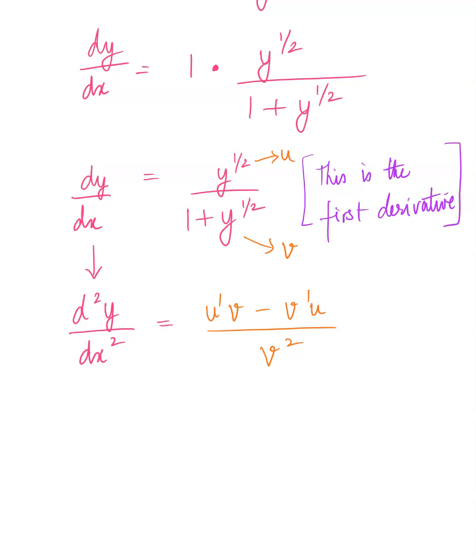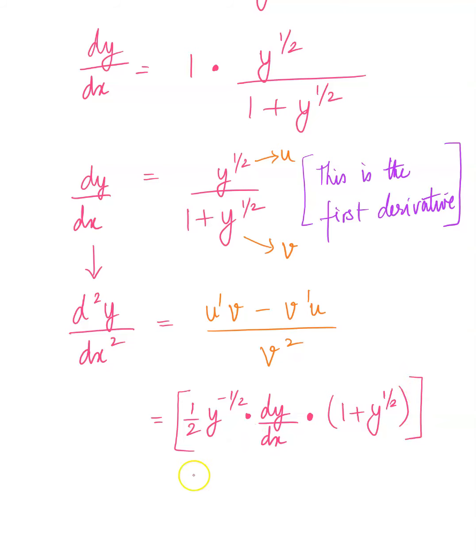And again, I don't want to take too many steps and make it look more complicated than what it is. So let's go ahead and do the u prime. U prime will be half y power negative half times dy over dx. U prime v, v is 1 plus y power half,